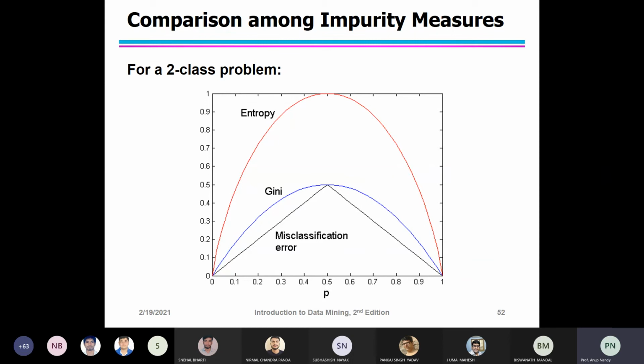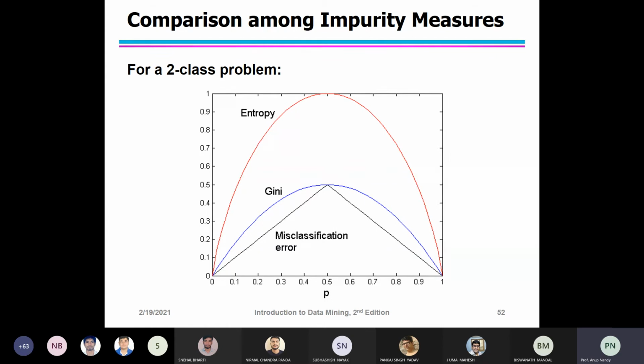Now P refers to the fraction of records which belong to one of the two classes. Okay, and you can observe from this graph that all three measures attain their maximum value when the class distribution is uniform, which means P is equal to 0.5.